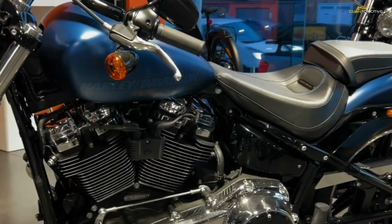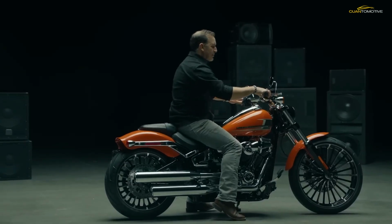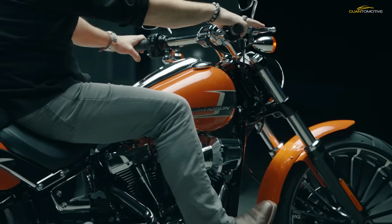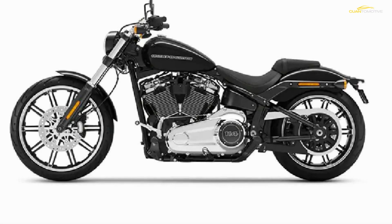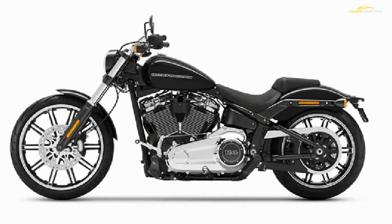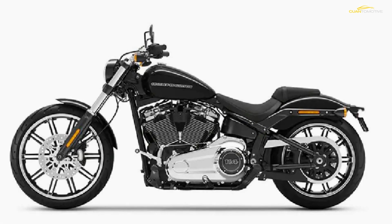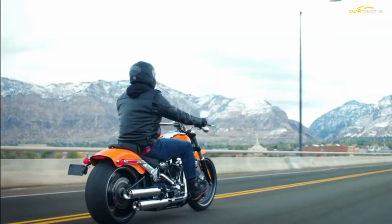While the old generation Breakout was offered in 107 and 114 CI versions, the new one comes only with the biggest 117 CI derivative of the Milwaukee 8, promising around 125 pound-feet of torque. Other tweaks include a new riser that makes the handlebars 3/4 of an inch taller, the heavy breather intake that's shared with other 117 models,